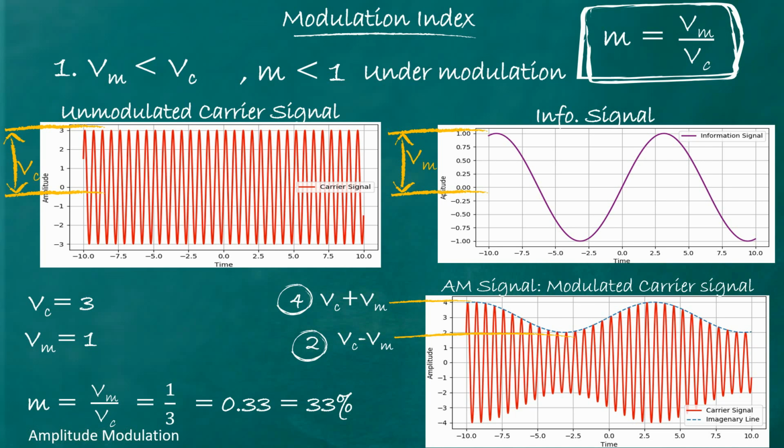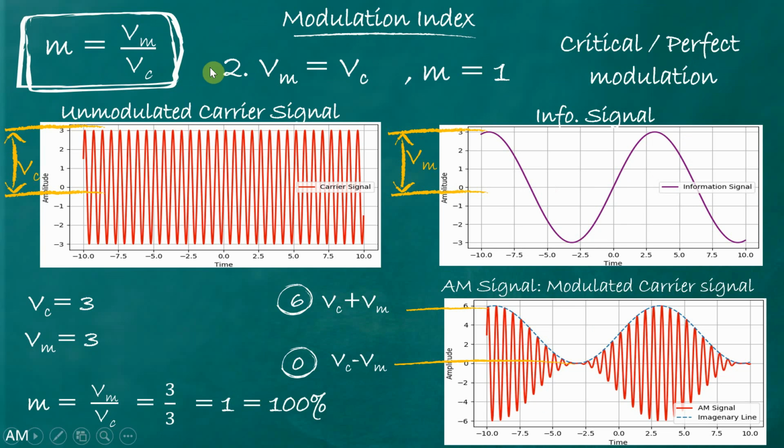So when we transmit this modulated signal having m less than 1, and it is received at the receiver end, and we try to retrieve the information from it, the question is, is it possible to retrieve the original information or modulating signal from this modulated signal? The answer is yes, we can retrieve it. The shape of the envelope is like the shape of the modulating signal, so we can retrieve the original information using a demodulator circuit or envelope detector circuit.